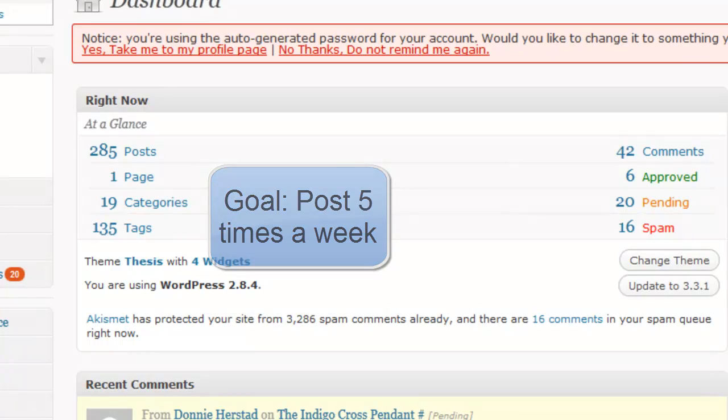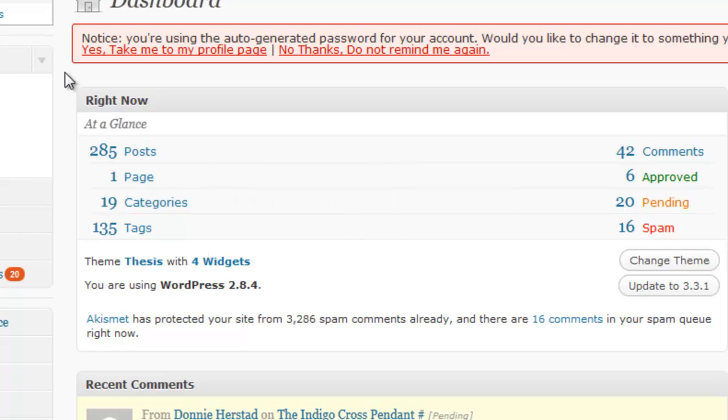As an example, we're going to use one of our clients' blogs. As you can see, we have 285 posts. So the hardest part would be, of course, writing the post. What I like to do is try to write 10 really good content posts for the month, and then you can fill in the other days with blurb posts like sports scores or so. What I like to do with the content is do it all at once, and then you don't have to worry about it for the month.